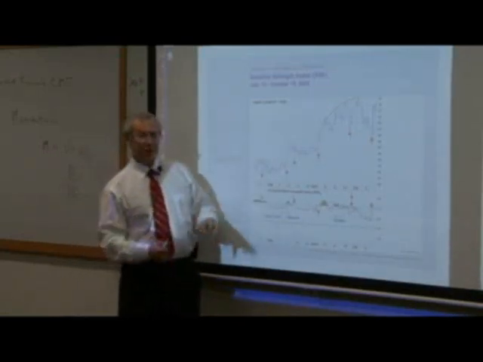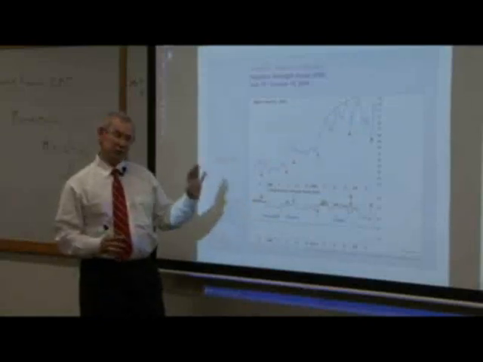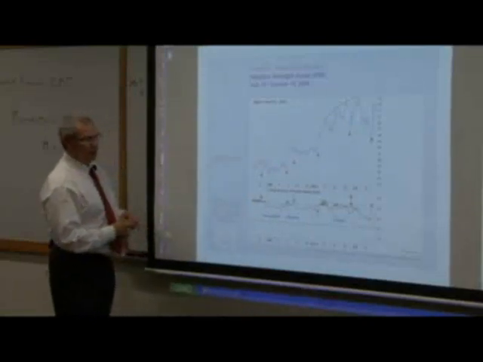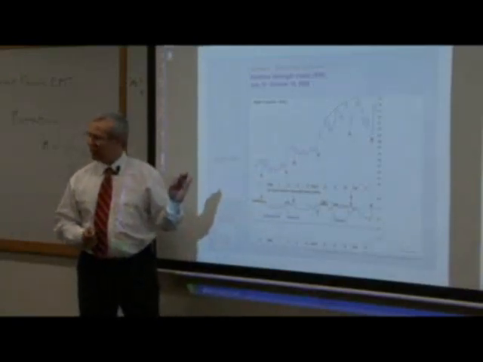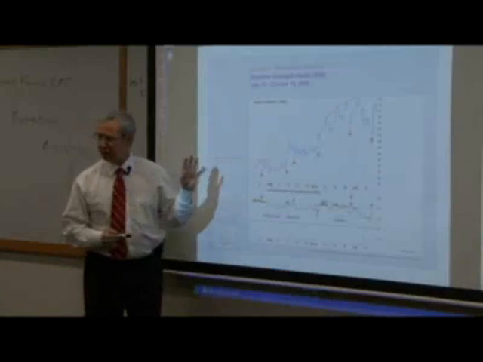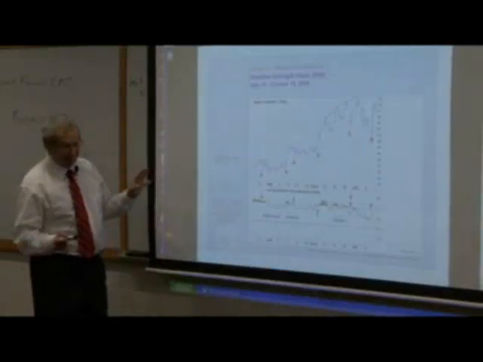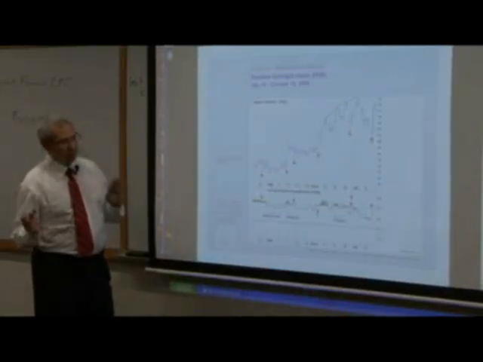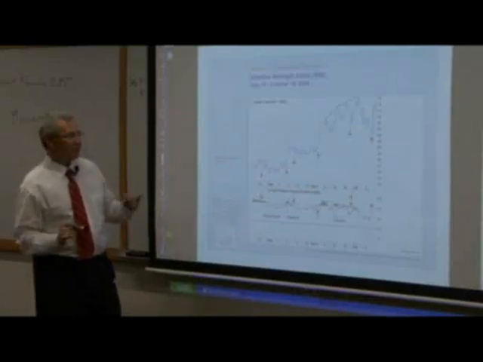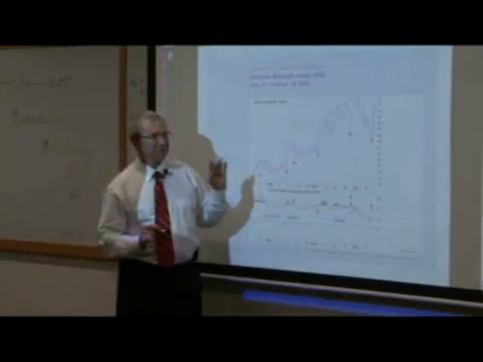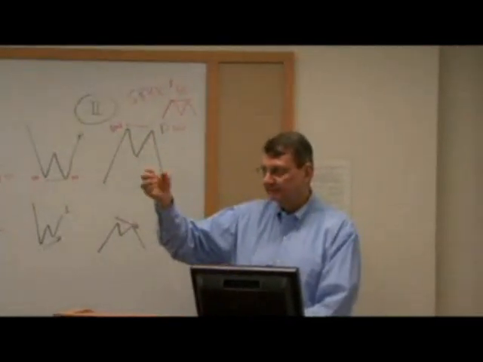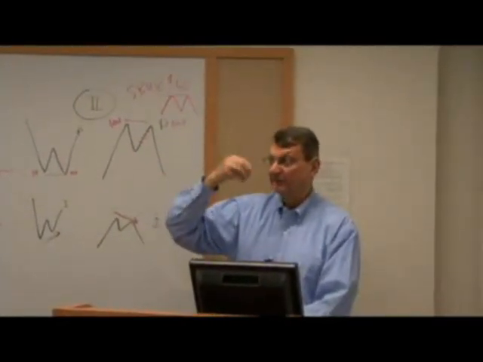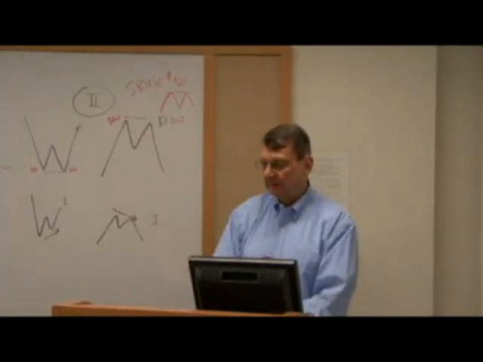Okay, 14 days. You'll see 9 days used. You'll see other time frames. It's looking back at the number of up closes versus the number of down closes. We won't deal with the formula. If the formula is important enough to know, look it up. It's my attitude. Numbers of days of strength or weakness. That's what you need to know about the indicator. Not the absolute magnitude of movement. Numbers of days of strength, numbers of up days versus numbers of down days. Closes.